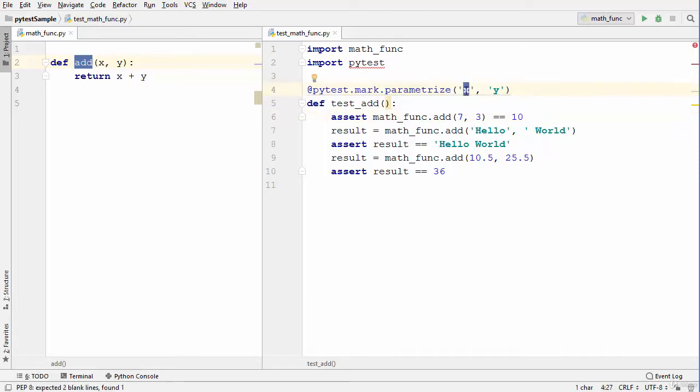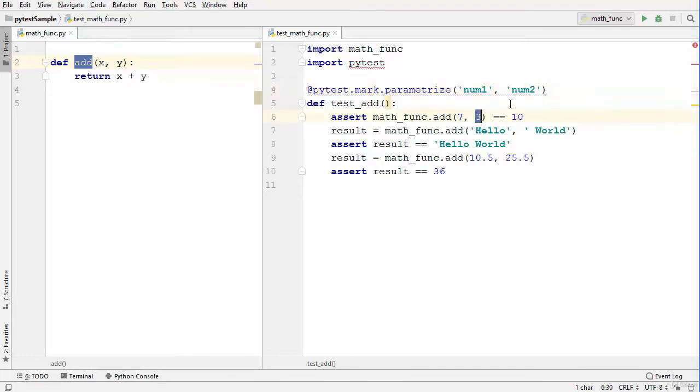You can say this is num1 and the y is, let's say, num2, or you can say this is arg1 or arg2. So these argument names are user defined names. You can give any names which you want to pass to your function. So the num1 variable name will be passed as the first argument, and the num2 variable name will be passed